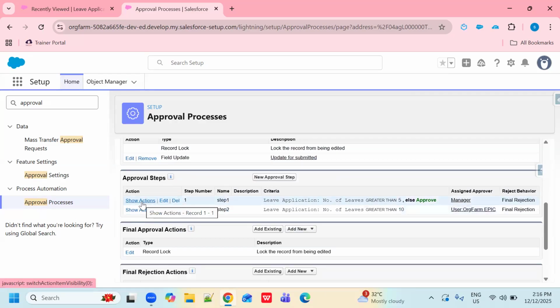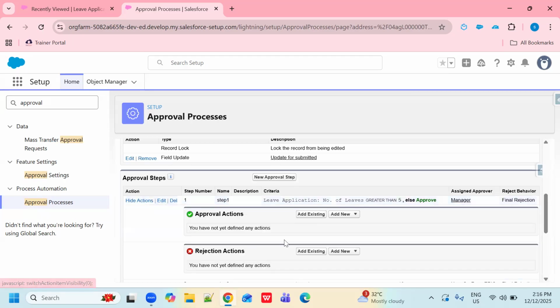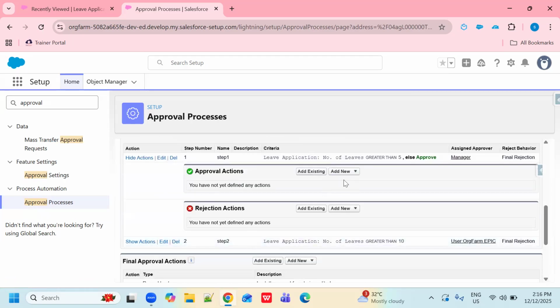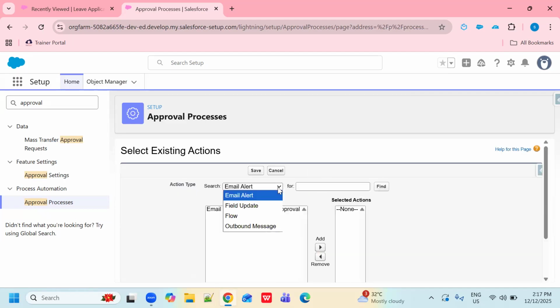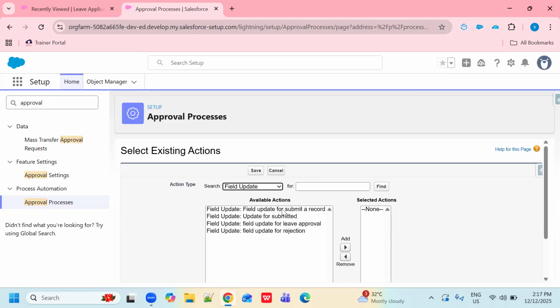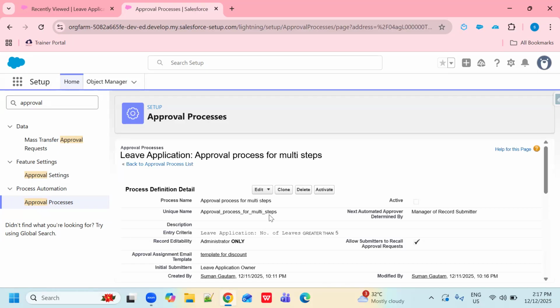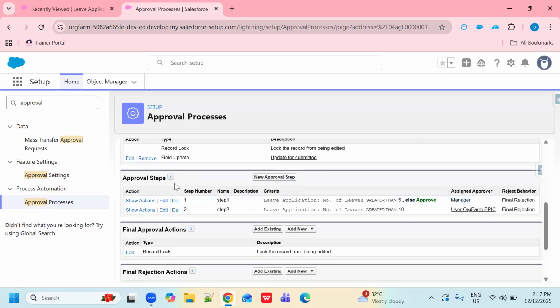So in this step number 1, you can set the action, which action should be performed when your record has been approved at step 1. So I'm using the existing one which I have created right now, right? So update for submitted, not update for, okay, I'm going to create a new one, right?